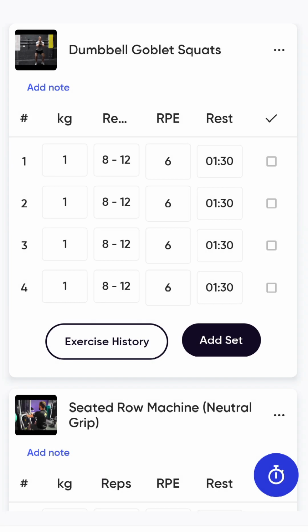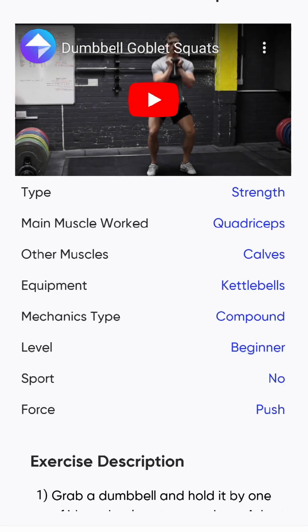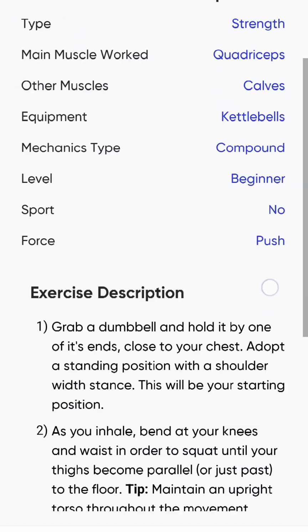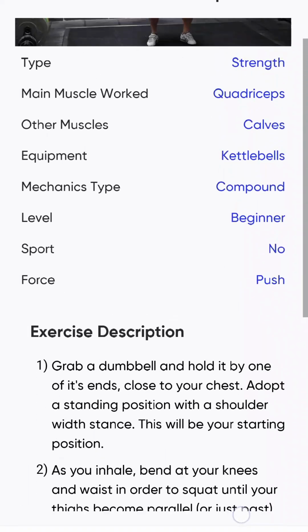Once you've done that, if you click around, you've got the 3 dots at the top of each exercise. It gives you a little bit more information, whether you want to create a giant set or superset, or you can swap or remove the exercise from your program. But if you click on the video, you'll also see information about how to do that. There'll be a video to give you instructions, more information about what's included in the exercise, and then written instructions on how to complete that exercise. So if you ever forget what we teach you,